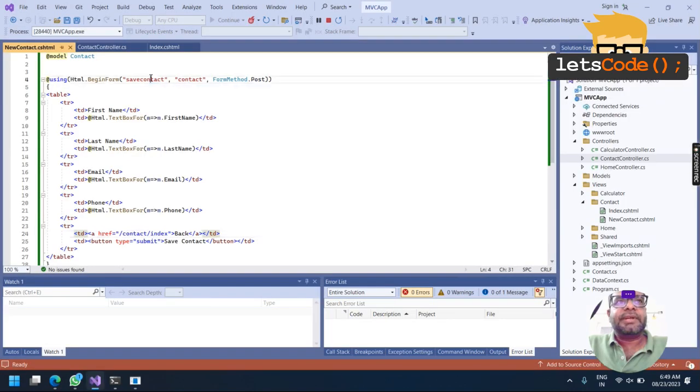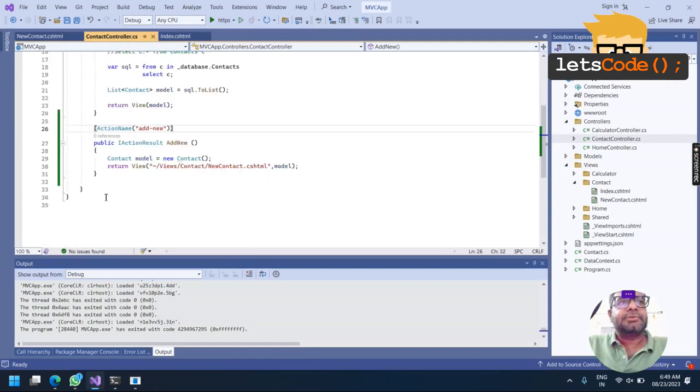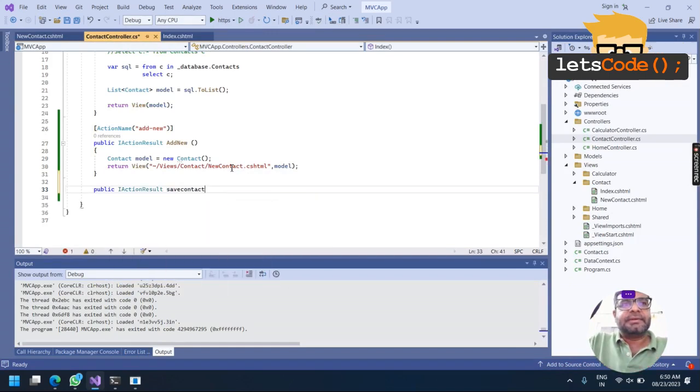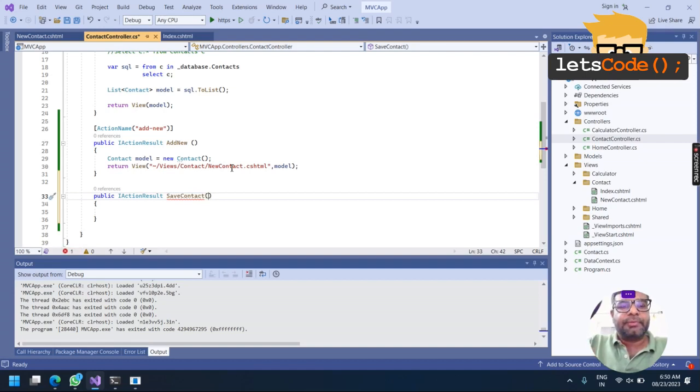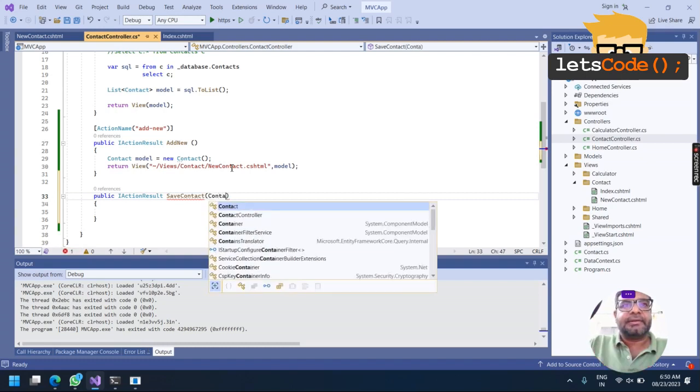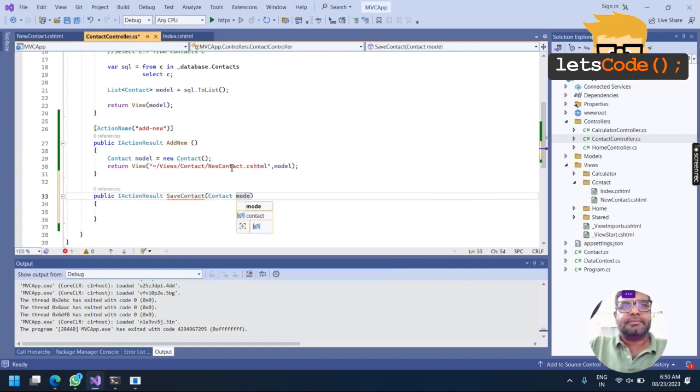Here also we have written save contact, but this method is not present. Let me do that. Now in my controller, public IActionResult. You would have now understood that for everything we need to have an action method. Nothing can be performed without an action method, any server side operation. The beauty here is that it will bring the model class, the contact model.